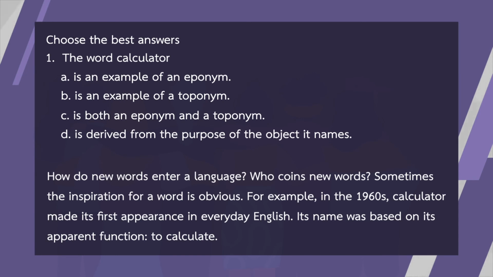Number 1, the word calculator. ทีนี้เขาถามว่า the word calculator ก็ต้องไปหาใน text ใช่ไหมคะว่า calculator อยู่ที่ paragraph ไหน we found it in this paragraph ค่ะเพราะฉะนั้น the word calculator is derived from the purpose of the object it names ใช่ไหมมาจากฟังก์ชันก็คือมันมาจาก purpose นั่นเองนะคะมาจากว่ามันเอาไปใช้ทำอะไรตรงนี้นั่นเองนะ